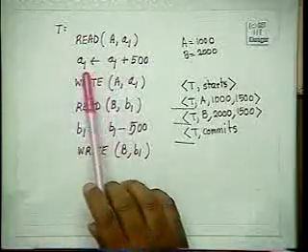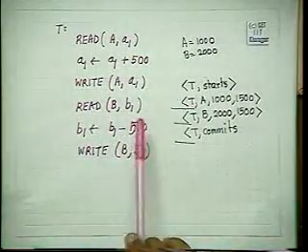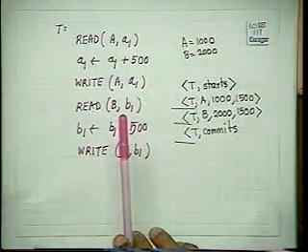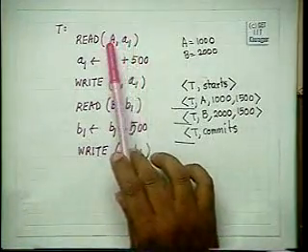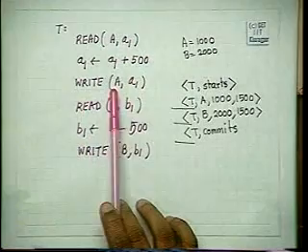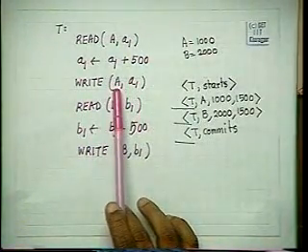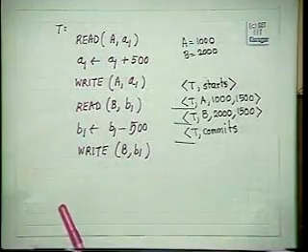If you see A and B, we have got two types of variables. A transaction, whenever it does any operation like this, it does it only on the memory variables. So it reads the disk variable onto the memory and does it on the memory variables. And the write operation writes back the memory variable back to the disk variable. Now in deferred database modification,